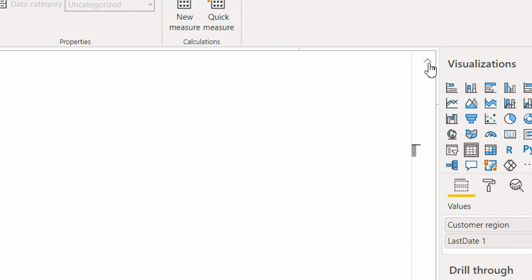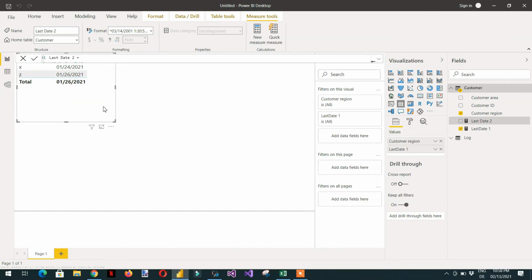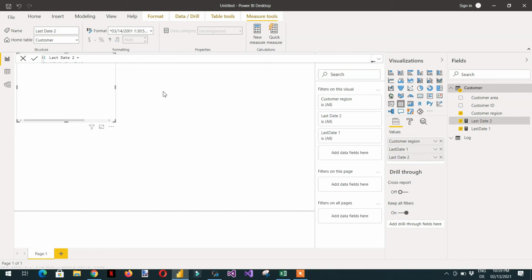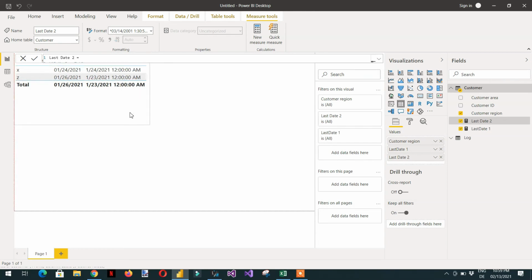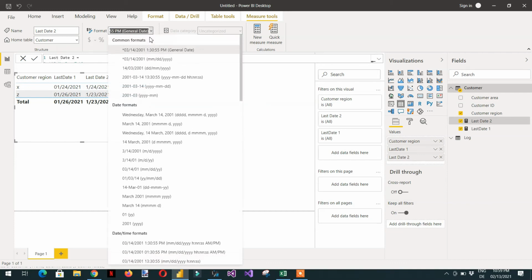So if I now select it and drag the last date, here you can see, let me change the format.